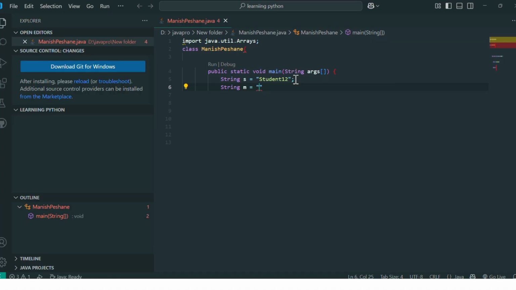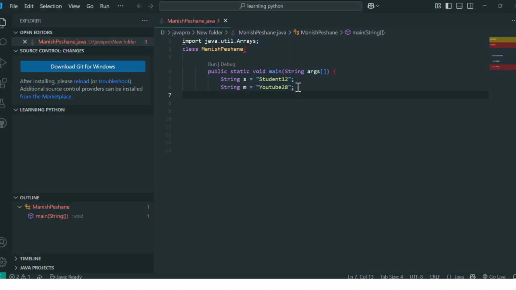This is the name of a variable, and this is the value. The second one is youtube28. Whatever the number is does not matter. What matters is the code you write and the logic you build. I take 12 and 28.